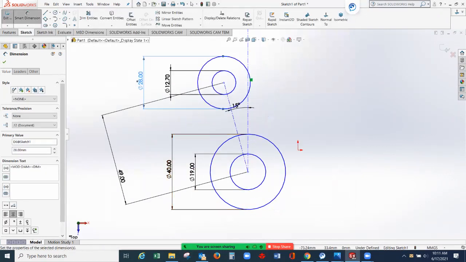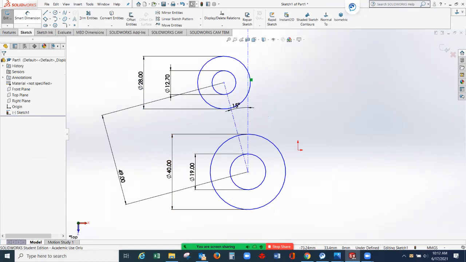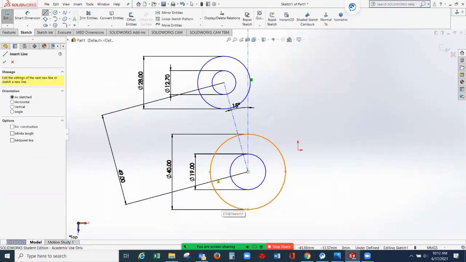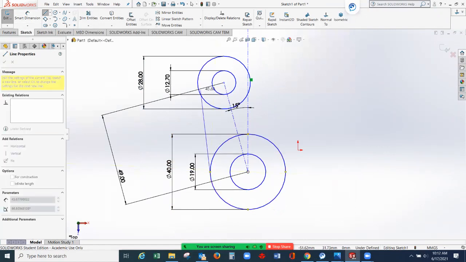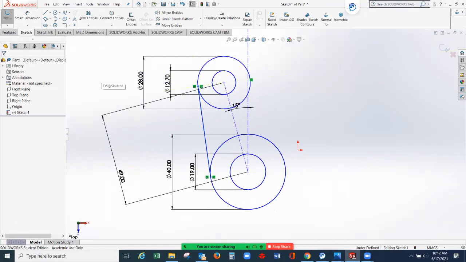Okay, so from here we have one line connecting those circles. So from here, connected with this one, which should be tangent. Press the escape button,